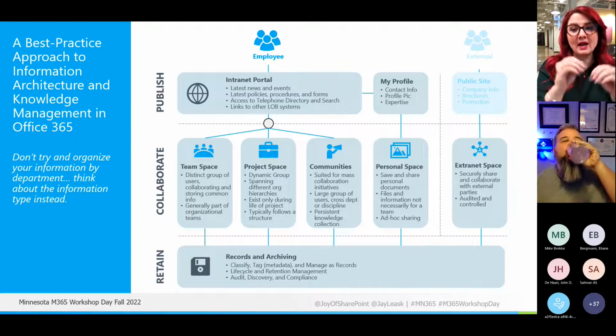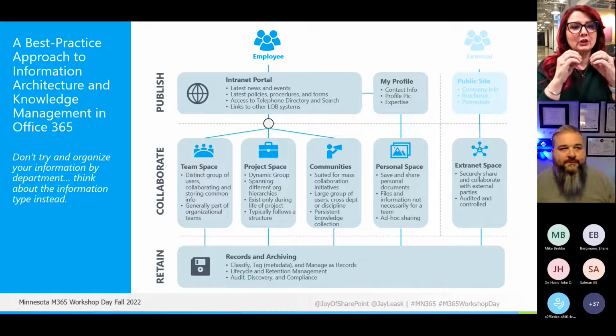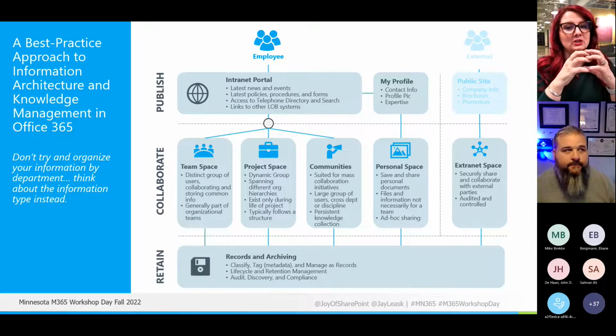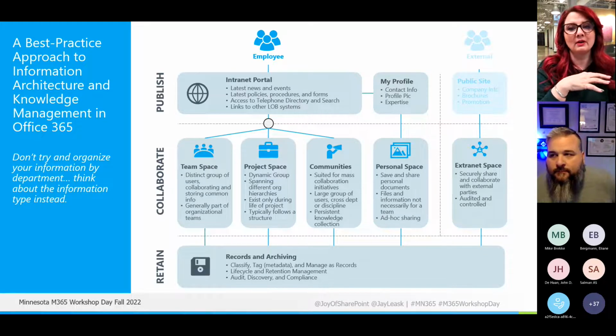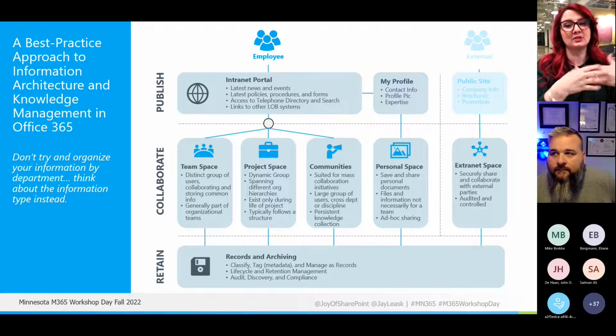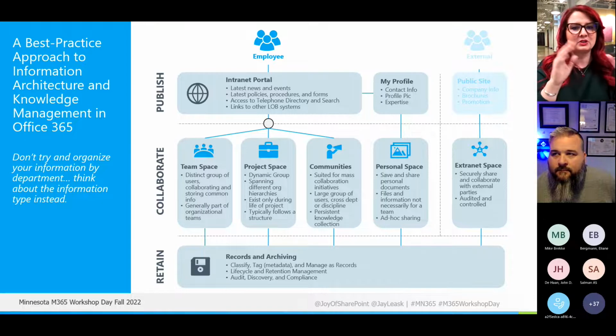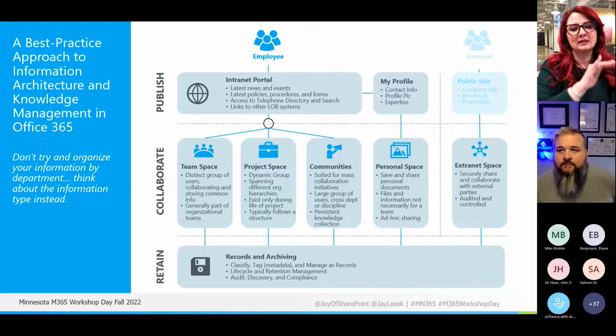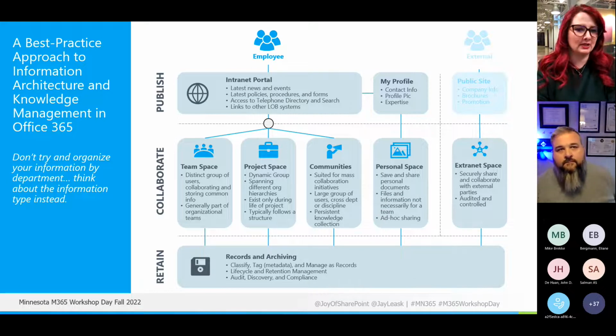Just like you were talking about, that highly structured and tightly controlled location where we're going to put that corporate knowledge and the information for all employees, where things should not be changing frequently unless it's just a news or an announcement thing. We need a place to publish. We need a place for the employees to work. You notice we have this layered, tiered structure here.